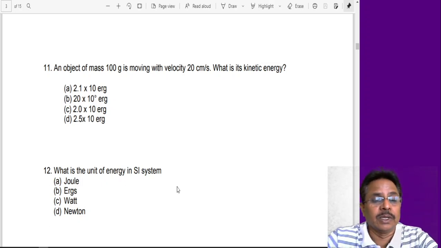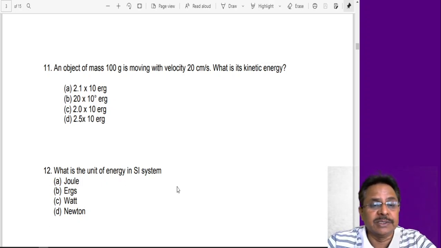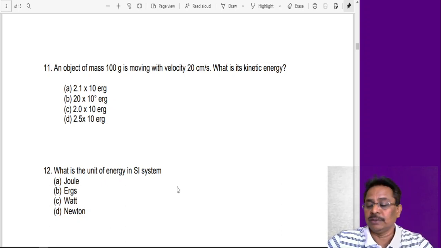Dear friends, in the FY Physics Paper 1, in the earlier session, we have solved the questions on chapter number 1, that is, the chapter named Motion. The second chapter in this Physics Paper 1 is Work and Energy. In today's discussion, we will try to solve some of the questions on this chapter number 2, that is Work and Energy. So let's straight away go for the questions as shown here.